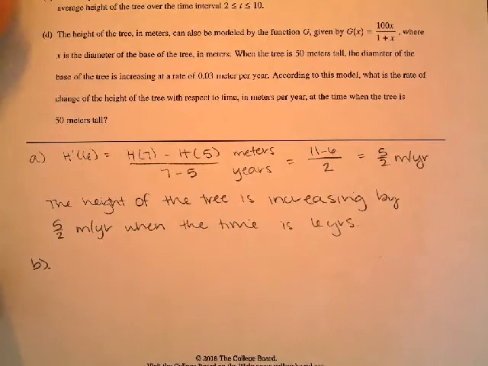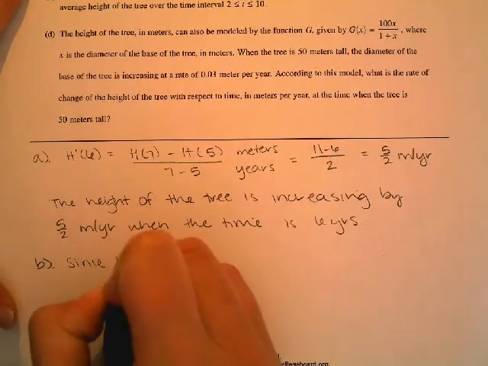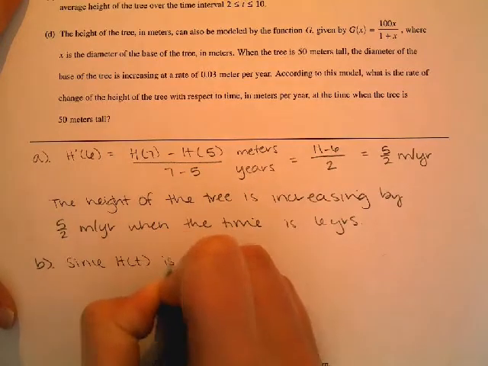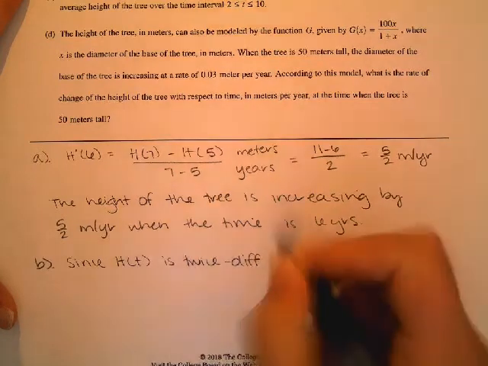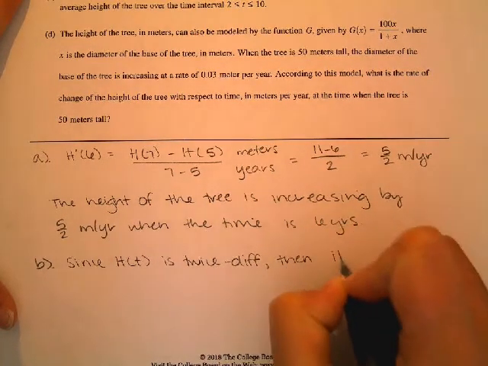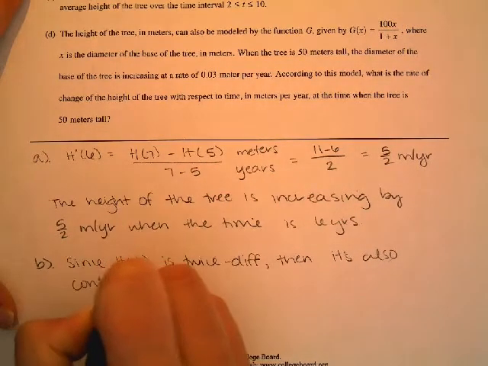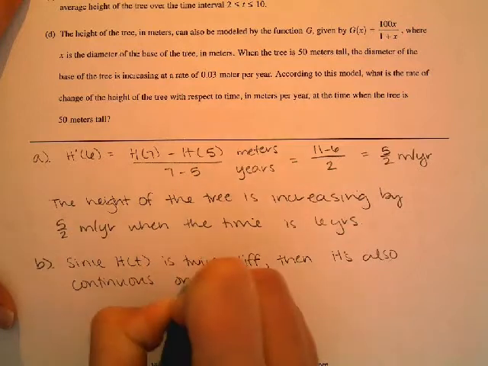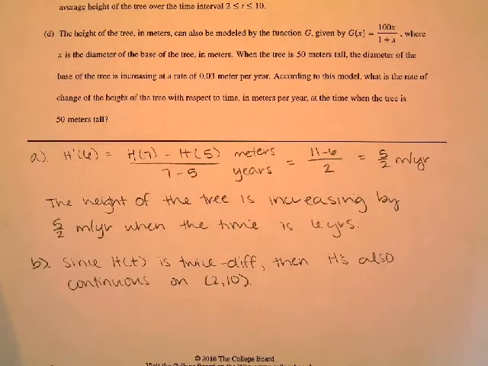And so I said, since h of t is twice differentiable, then it's also continuous. So because it has to be continuous for,